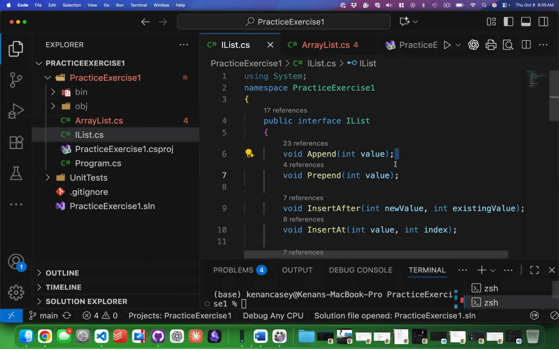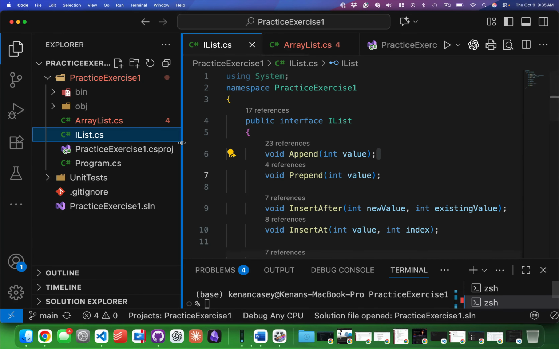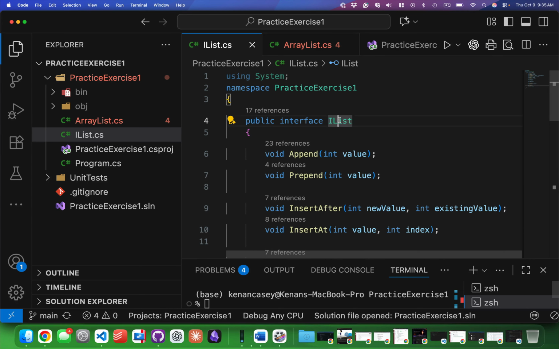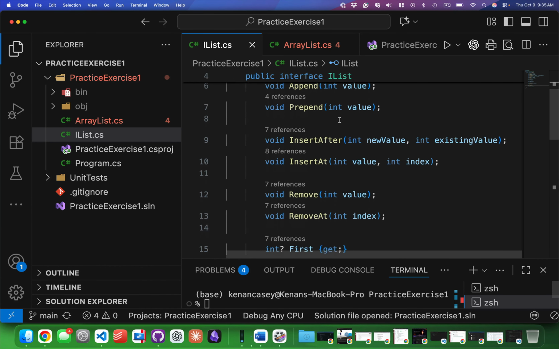So this is practice exercise 1, where we get to learn how to make an array list, which is really our first introduction to abstract data types, which is a fancy way of saying data structure. I have defined this public interface IList, and this IList represents a list, which is an abstract data type that